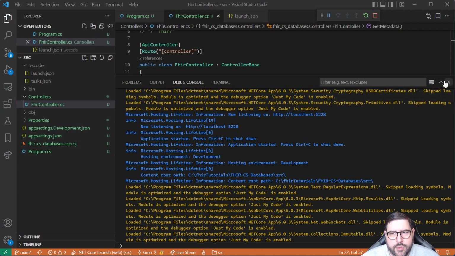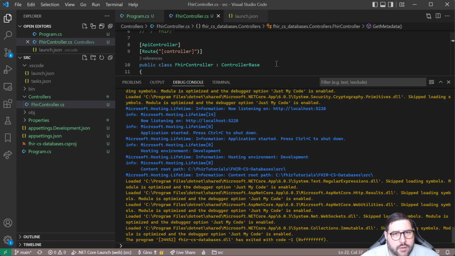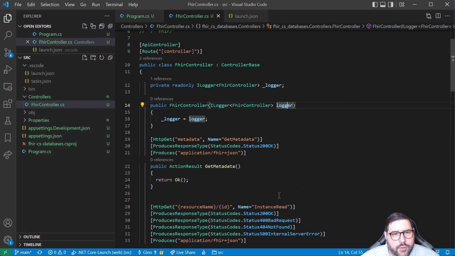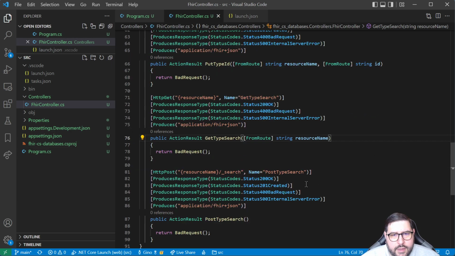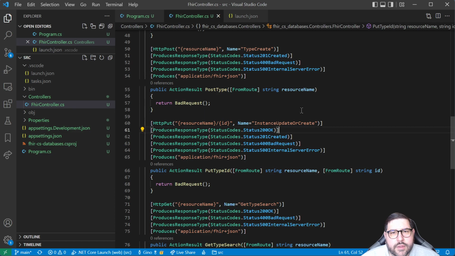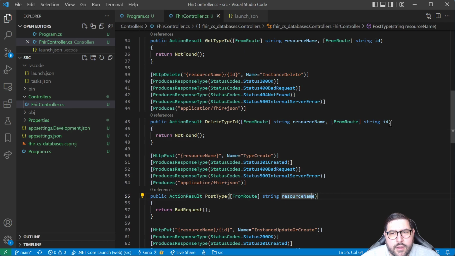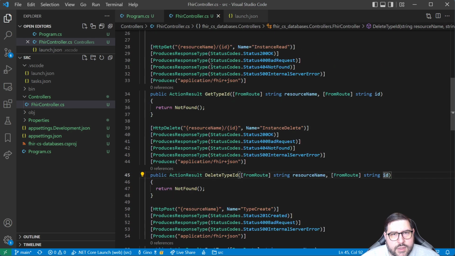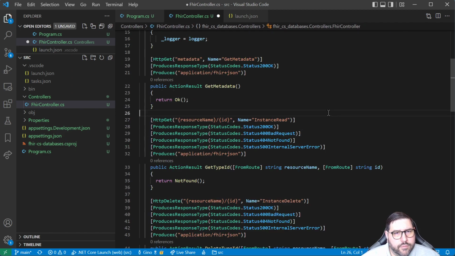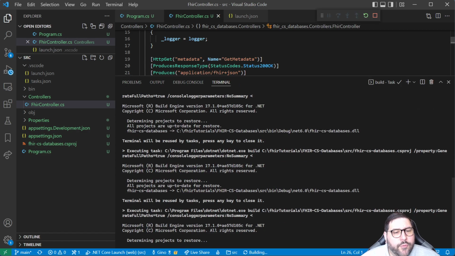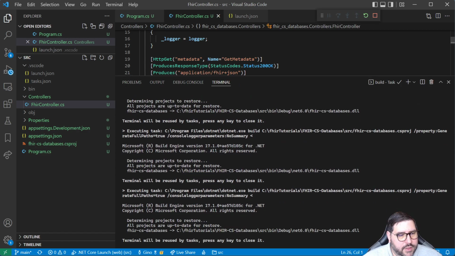Did we end up putting that in two places? Or did it figure out because it was metadata? Oh, because we used metadata. Yep. But let's fix that here where we did get type search. We should not have the ID, and make sure that we cleaned up all of these while we were copy pasting so that the parameters match what's in the route. Good enough. Perfect. So now if we go check that we fixed all those things,